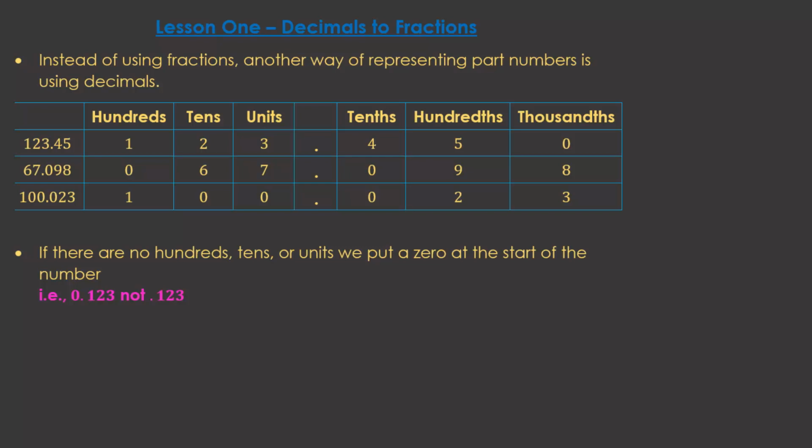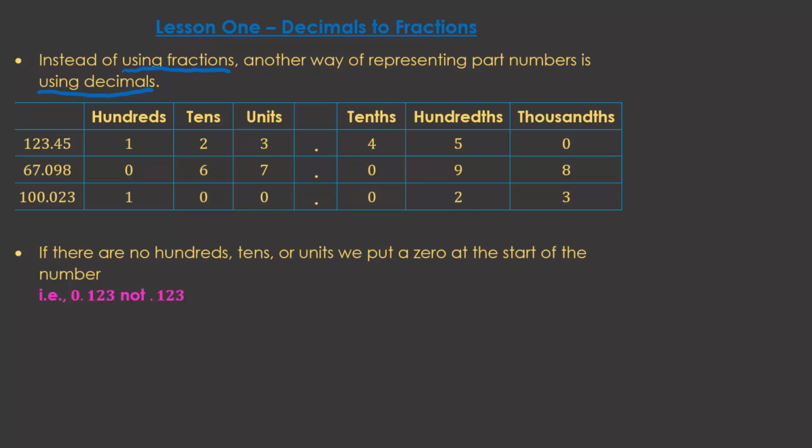Decimals to fractions. Instead of using fractions, another way of representing part numbers is using decimals. You should be aware of the various number columns or place values from earlier work. So if we consider these as examples,